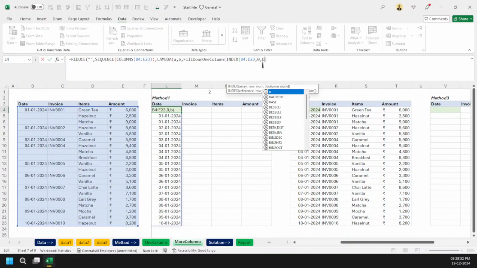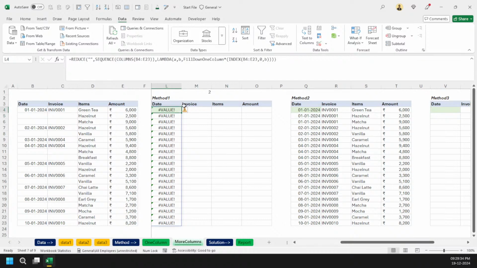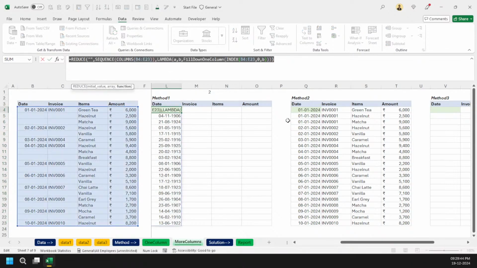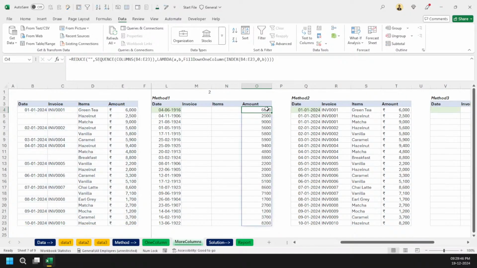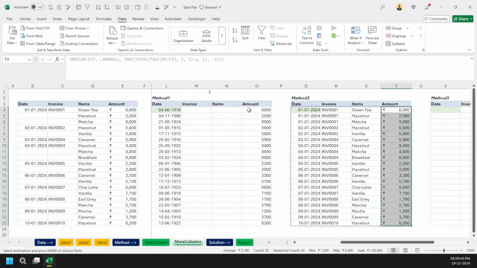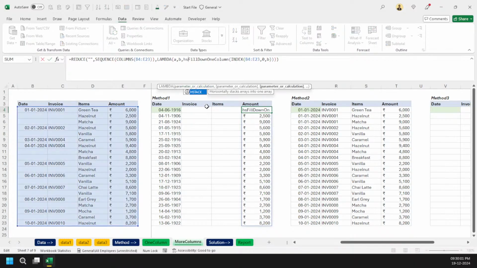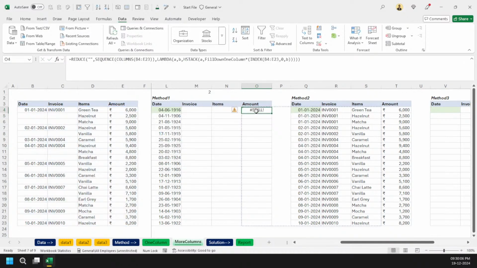Now you can see here, this is again a bug, but you can see I have got this column only. Let me paste the formula so that you will understand. If I come here and paste this formula, you can see I've got this result. Again, I want to do something like that where it takes my result from my previous iteration. So what can I do here now? I can use the hstack function and then the previous value, and we are good to go.